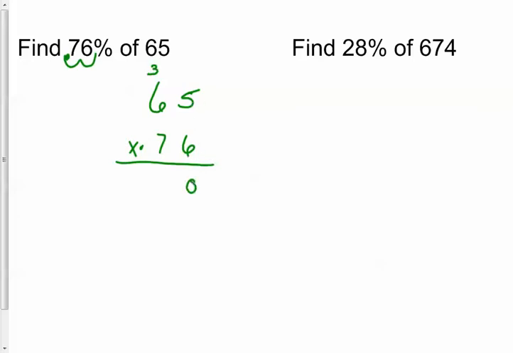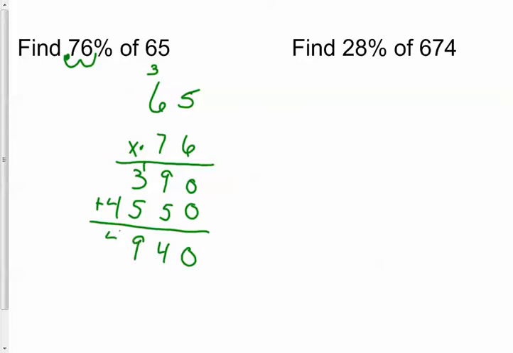Carry my 3. This is 36 plus 3 is 39. Put a 0. 7 times 5 is 35. So 5. I have a 3 again, and then this is 42, 45, and then I add up my 2 lines. So I have 0, 14,